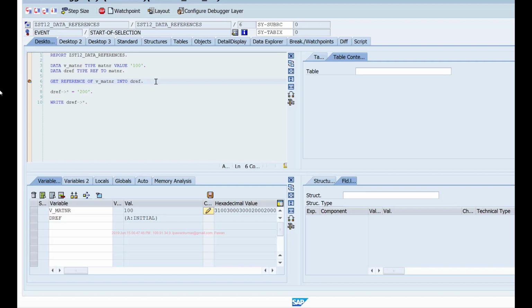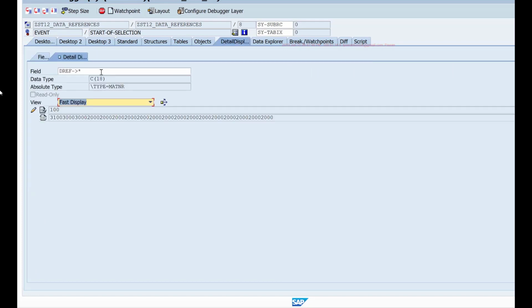If I execute this now, you see it is showing the contents, because the debugger is automatically trying to dereference it. If I don't dereference and simply say dref, you see it is actually storing the memory address of that data object, not the contents. If I want to access the contents, I have to dereference it using hyphen greater than and star. Then it will point to the contents of that memory.